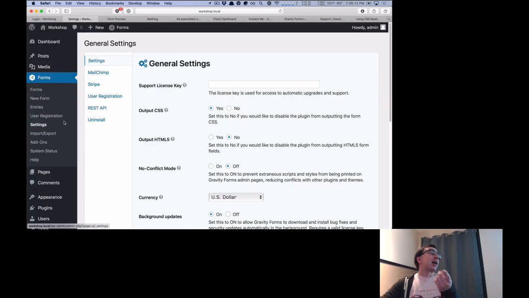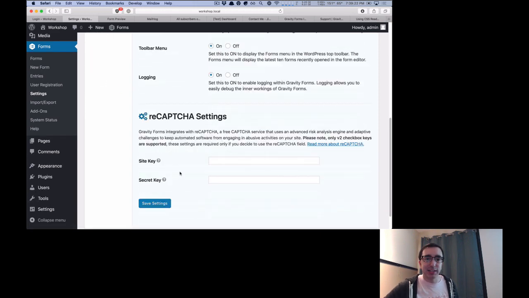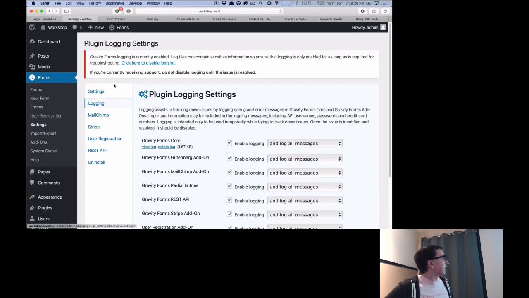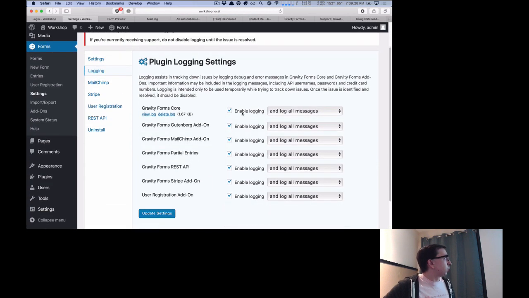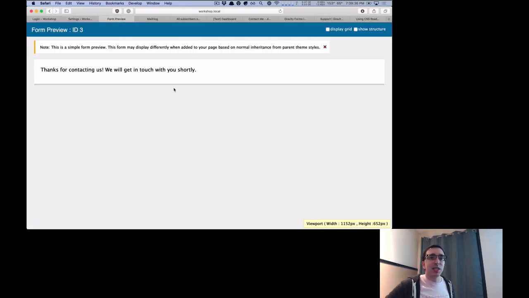So this actually shows off a great feature. And it's something that will likely, if you need support like this, come into play. If we go into settings here, there is a logging option. So we'll go ahead and enable logging. And then there's a logging tab here, which will allow you to enable logging for Gravity Forms itself and all the add-ons we have. So what we do is, when a form is submitted like this, we'll go